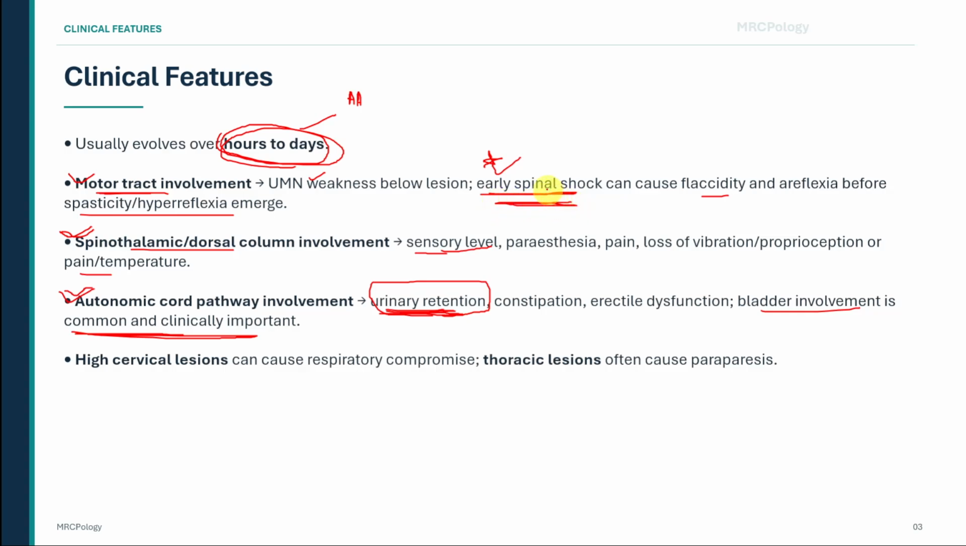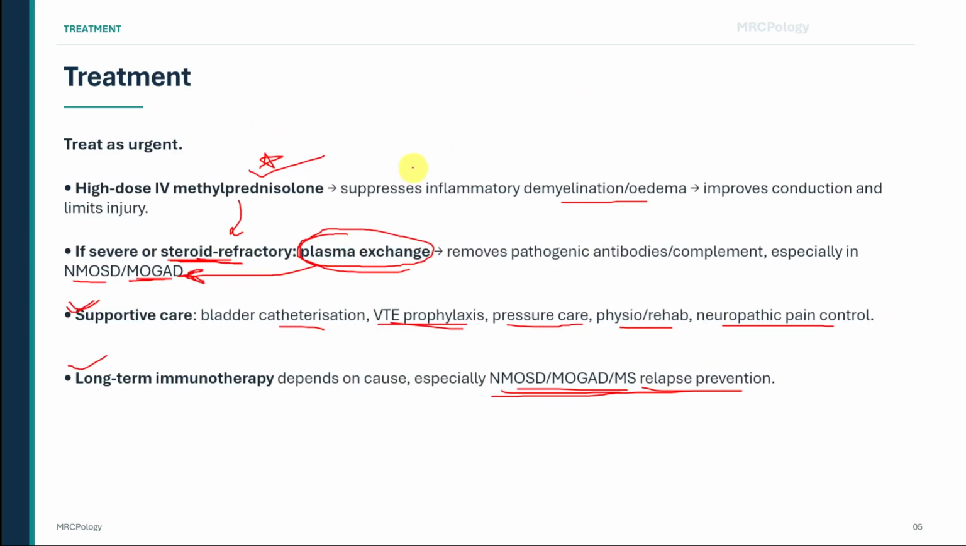A patient with severe longitudinally extensive transverse myelitis does not improve after high-dose intravenous methylprednisolone, and AQP4 IgG is positive. What treatment should be considered next, and what is the mechanism? The answer is plasma exchange, because it removes pathogenic antibodies and complement, which is especially important in antibody-mediated disease such as